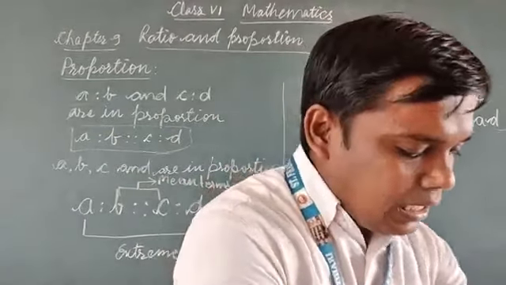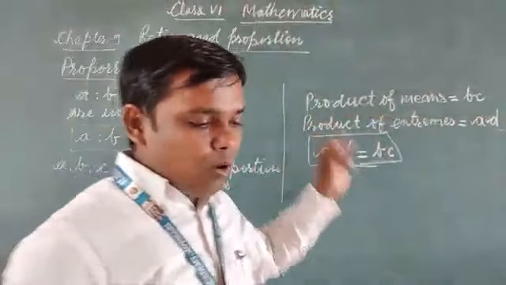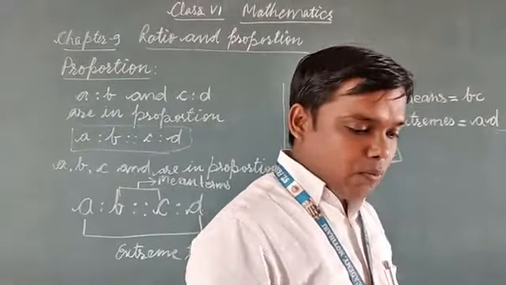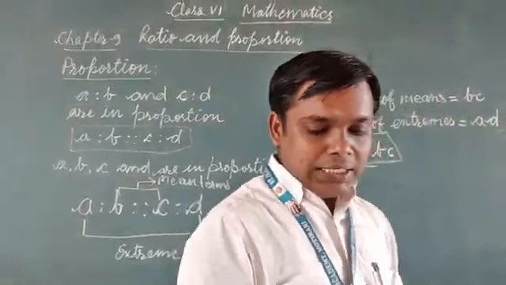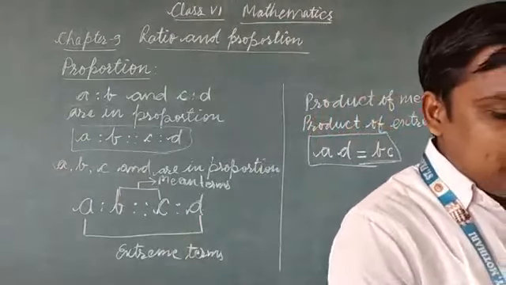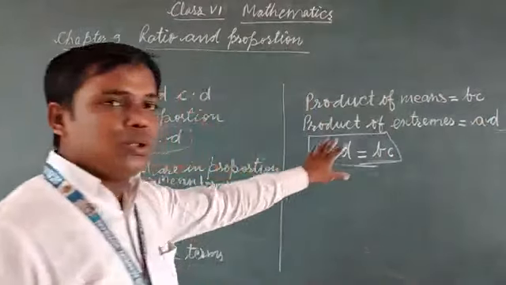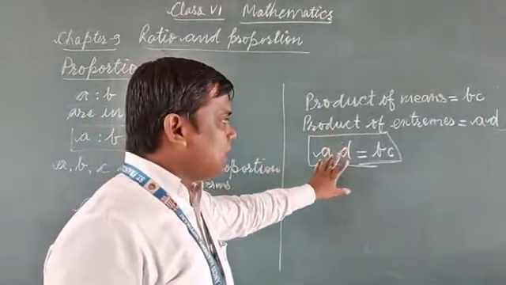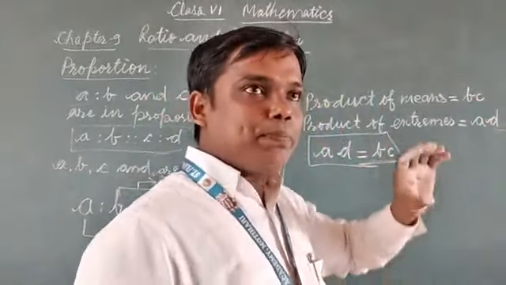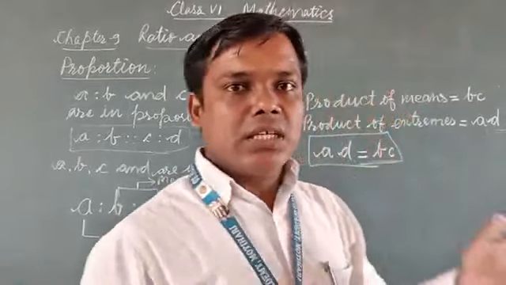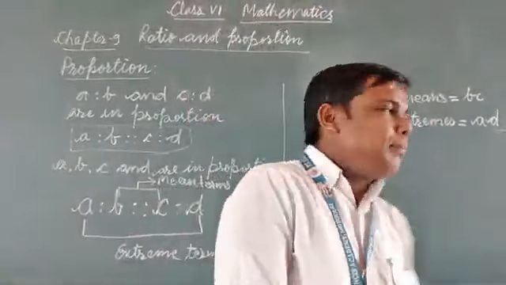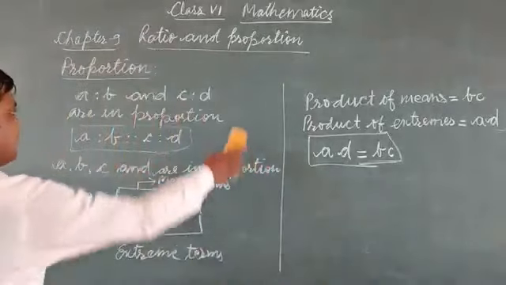You have a question related to checking whether the following ratios are in proportion or not: Exercise 9.1, question number 1. But before that, one more thing I would like to tell you. Here four terms are given, and it is quite easy to multiply the extreme terms and mean terms. If the product of extreme terms and the product of mean terms are equal, then we can say these are in proportion. If we have three terms, how?